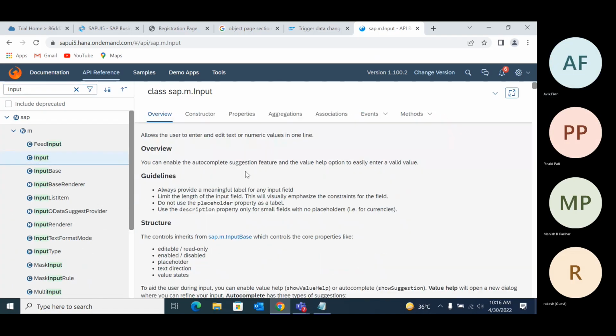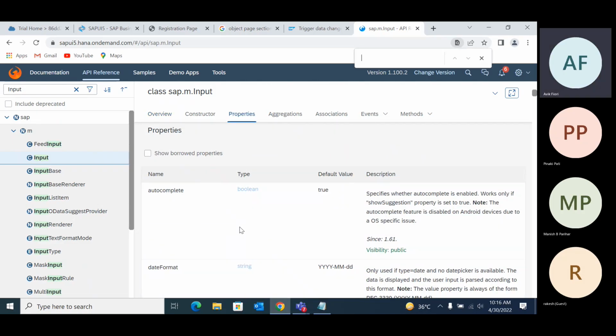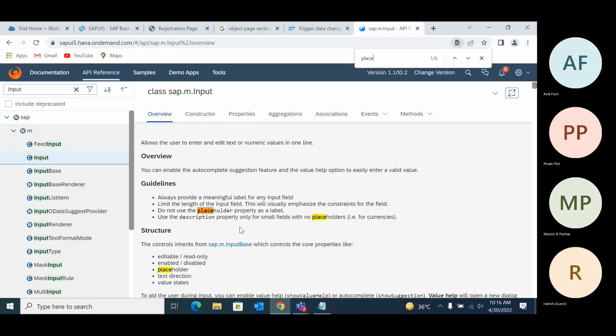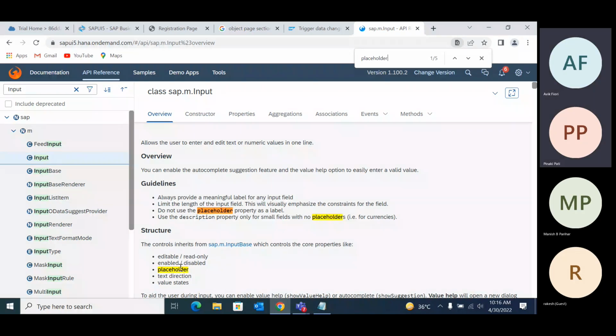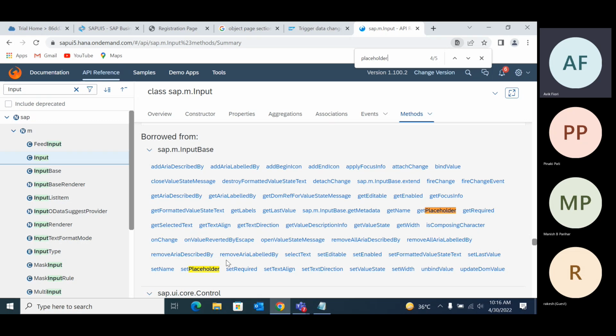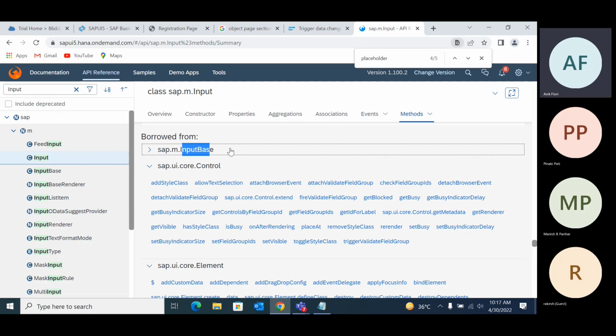Click on it and check in the properties. See, placeholder is there already. Do not use the placeholder property as a label. See, it's available inside input base. So now if you go up, can you scroll up?